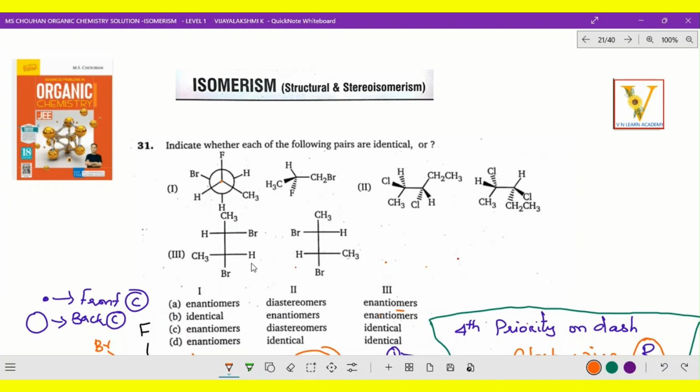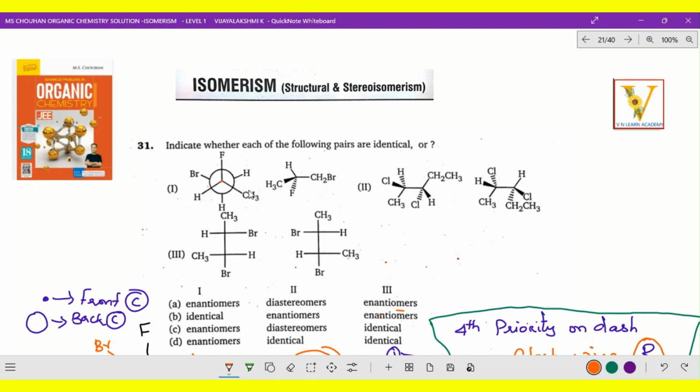Come on. Now, enantiomers means what? It has to have a mandatory R/S configuration. Diastereomers means there are two carbons; in one carbon the attached atoms are fixed, and in the other, slight variation, slight rearrangement takes place. So that is diastereomers. And identical is nothing, meso. So come on, let us check which category they belong to.